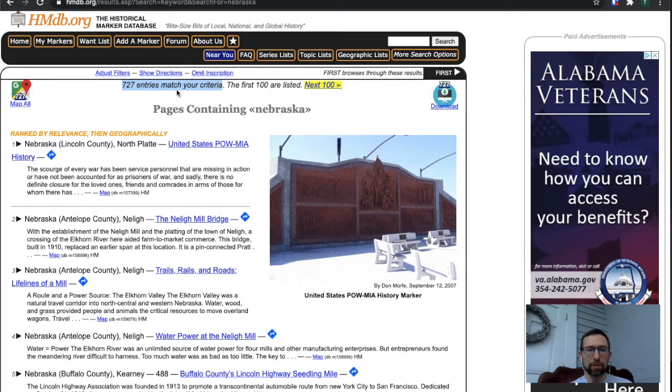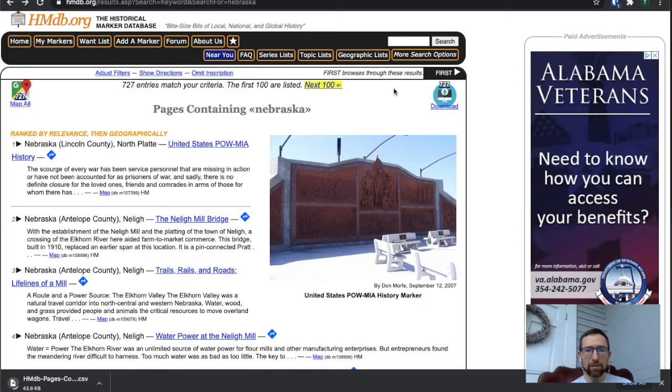We're going to learn that we're going to filter some of these out. They're not all actually in the state of Nebraska. There's a download button here, and we're going to click that. And you need to make sure that you're already logged in. I'm already logged in. Now what we're going to do is go to our Gmail